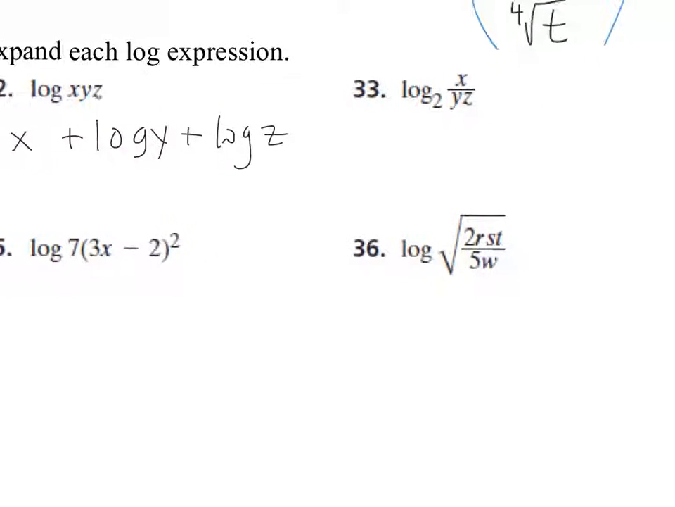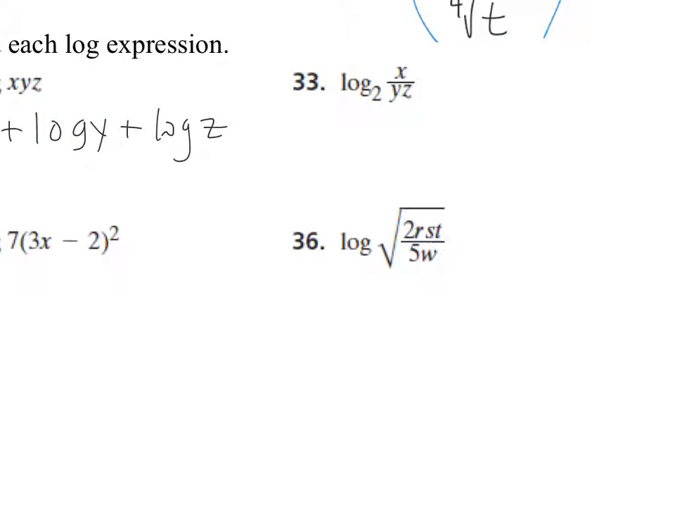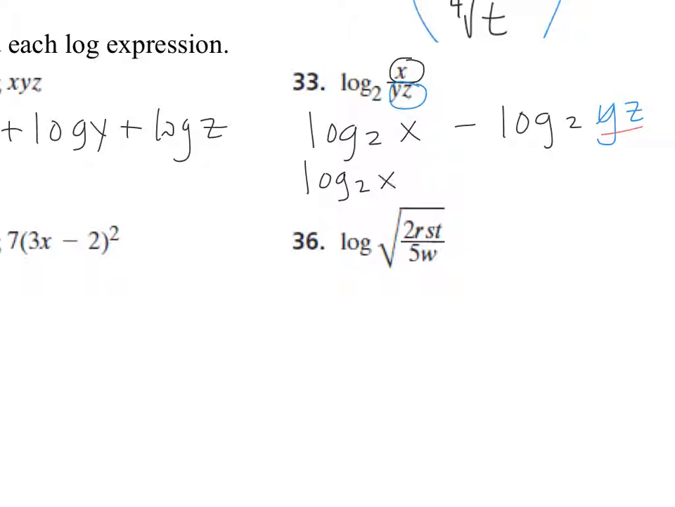And then number 33 is you have your numerator, and this is your denominator. So I'm going to write it as log base 2 of x minus log base 2 of yz. So now you can break it up further because these two quantities are being multiplied. So I'm going to write this as log base 2 of x minus